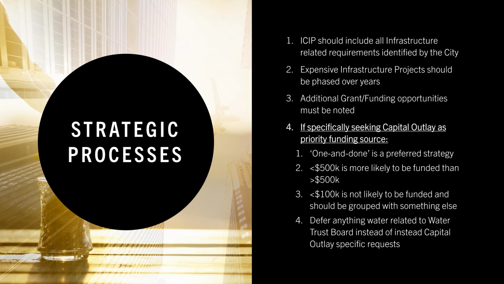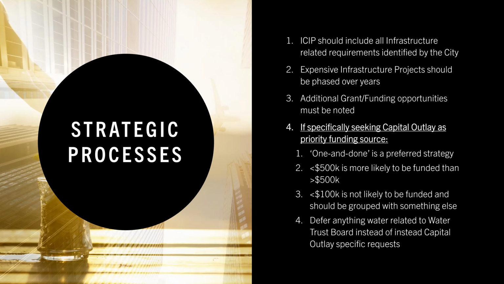Number two, expensive infrastructure projects should be phased over years. Now, all of our projects need to be on there. We talked about that. But you get a higher probability of success when it is in a very sweet spot of funding, i.e., most of the capital outlay that you see directly as a result of the legislative session will be about $500,000 per project or less. So when it's spread out and it's multiple, it's $1 million, multiple millions of dollars, we need to take this and break this down into smaller chunks.